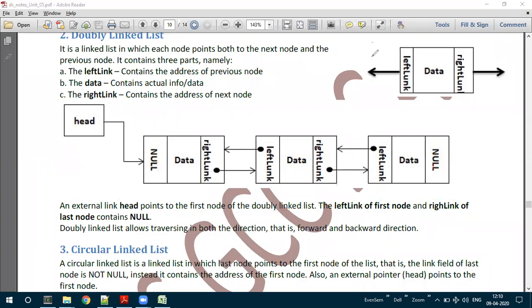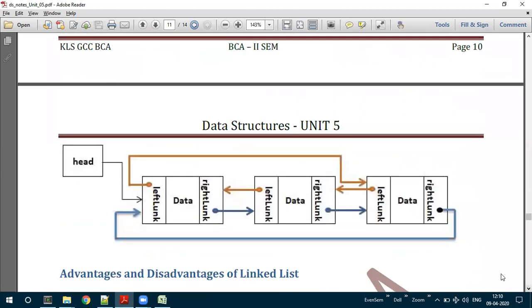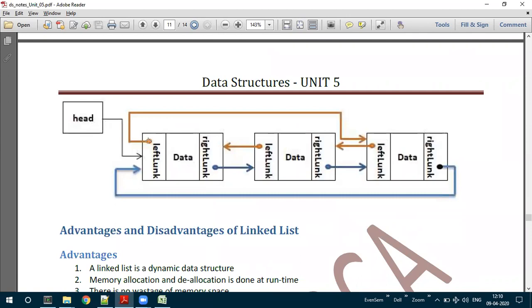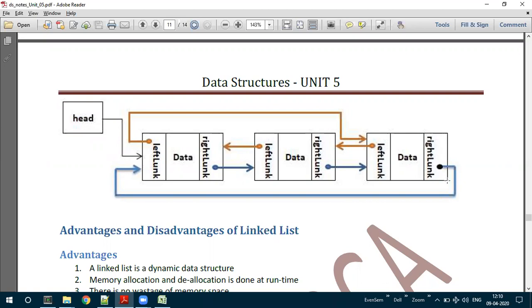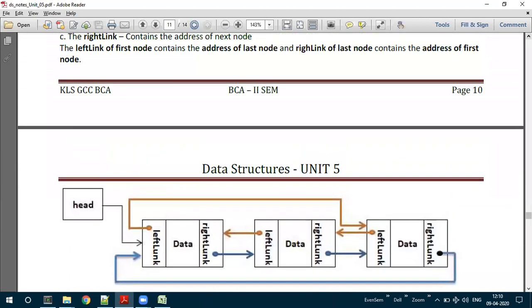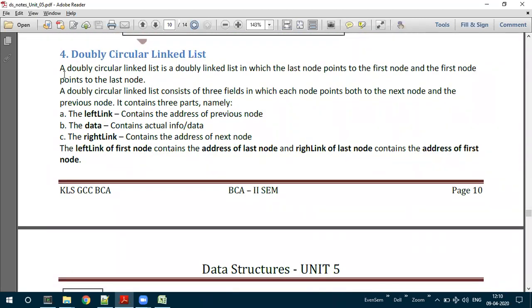Now you see here how this particular list is drawn diagrammatically. We have nodes. The right link of the last node is pointing to the first node, and at the same time the left link of the first node is pointing to the last node, to make it look circular. So what is the doubly circular linked list? A doubly circular linked list is a doubly linked list in which the last node points to the first node and the first node points to the last node.